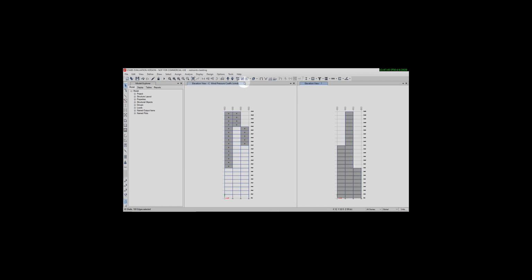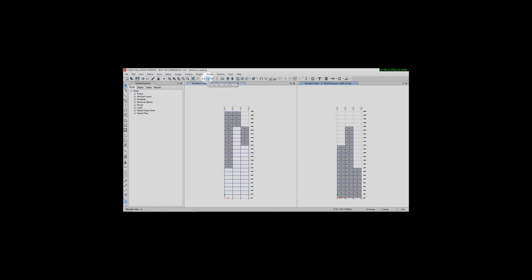Same process for elevation 2, 3, 4 by navigation button up and down. Select elevation view 2. Now for elevation view 3, select the frames or shell. Same for elevation 4. Wind pressure coefficient minus 0.8.